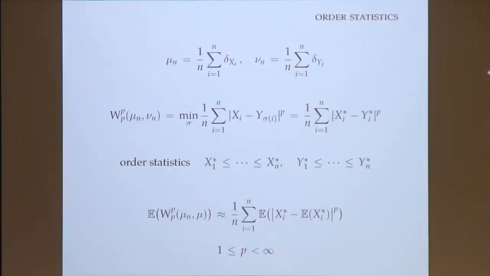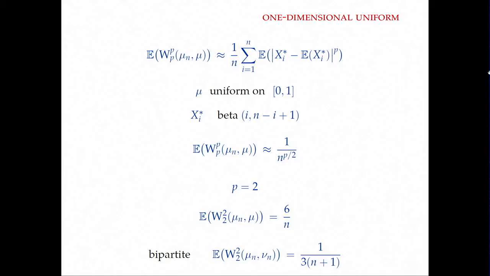And with this, using some independence and Jensen's inequality, what you get for the rate of the Kantorovich metric between mu and mu_n is basically this quantity, namely the average of the expectations of the p-th moments of the order statistics, suitably rescaled. So let us test this